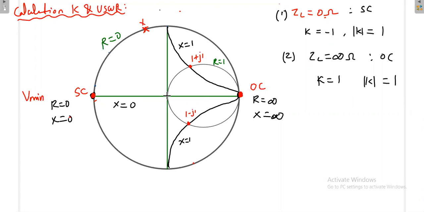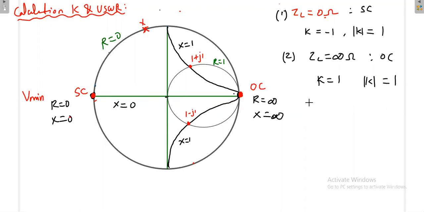That's why when you have a short circuit or open circuit, that time only you will get the maximum reflection coefficient, which is equal to the radius of the bigger circle. Now I want to physically measure the radius of this circle. In general, I have to know what the radius of my circle is.